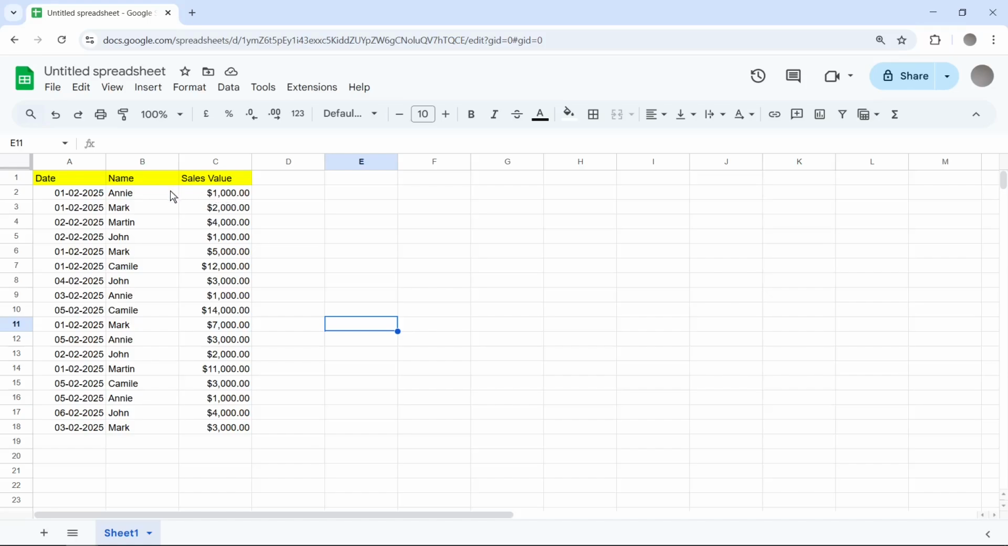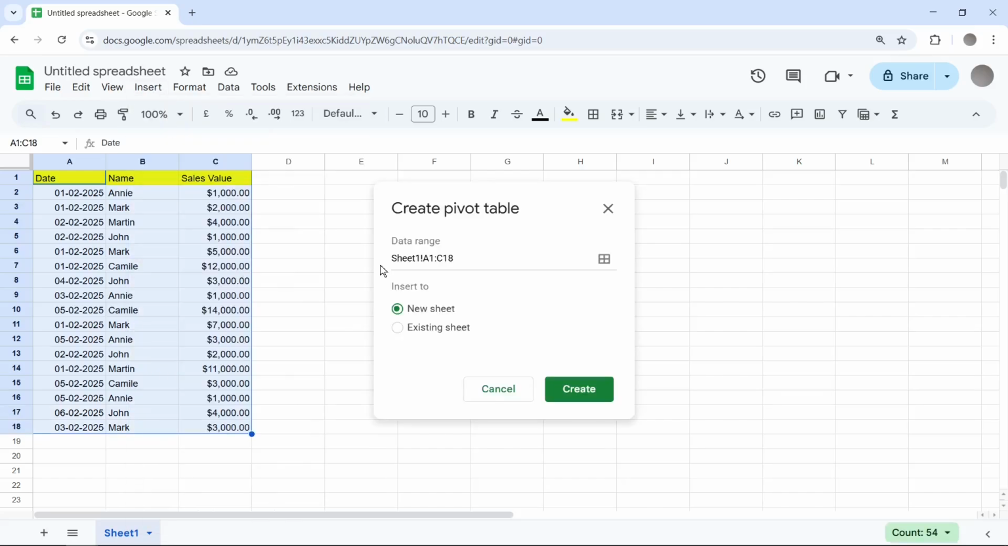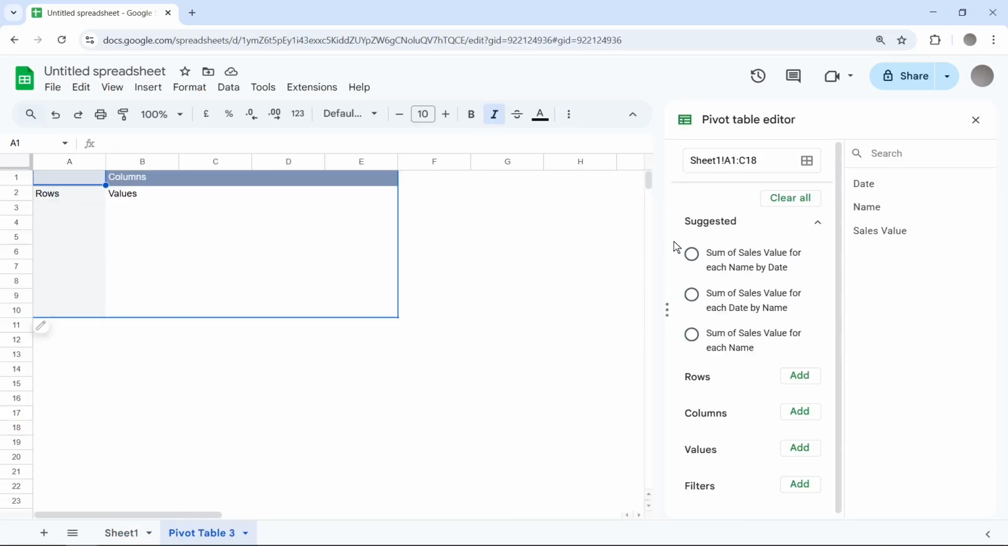Okay, so now if you would like to create a pivot table from this data, you need to select all columns and data. And after that, you need to go to Insert, then Pivot Table, and here I recommend you select this one option, New Sheet. After that, we need to click the Create button, and here we have 3 suggested options: sum of sales value for